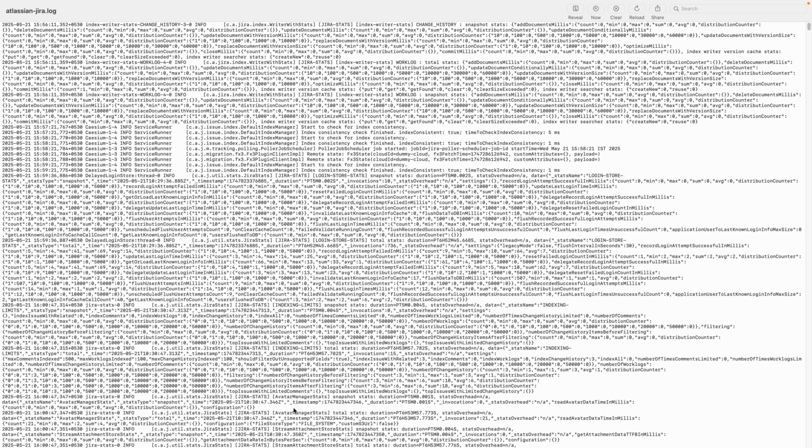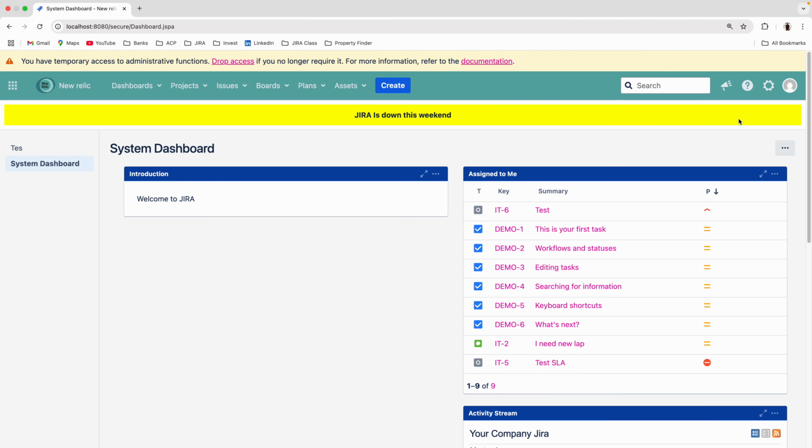I think the Atlassian Jira logs are not showing anything, or if they are showing something, you are not understanding it. Okay, so keep that aside. Then I'll come to Jira. The first option we need to do is go to the system,